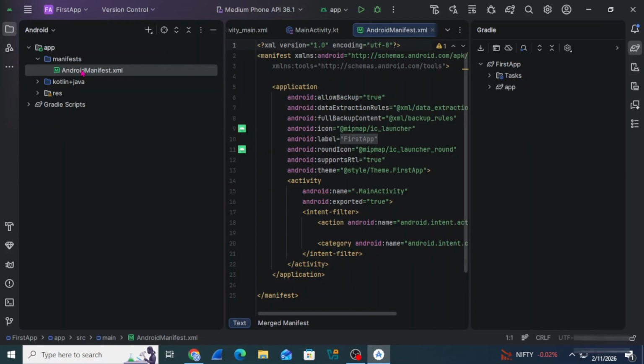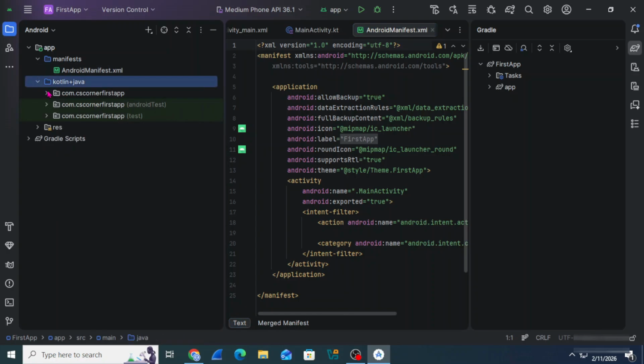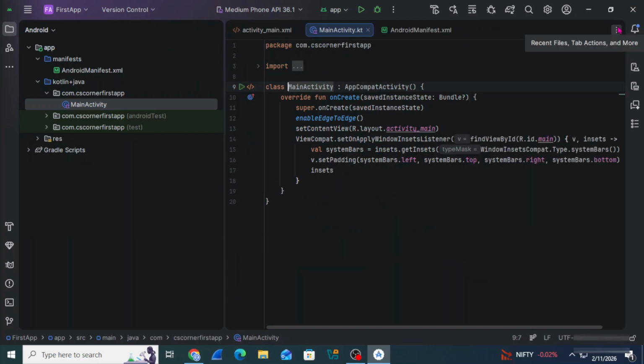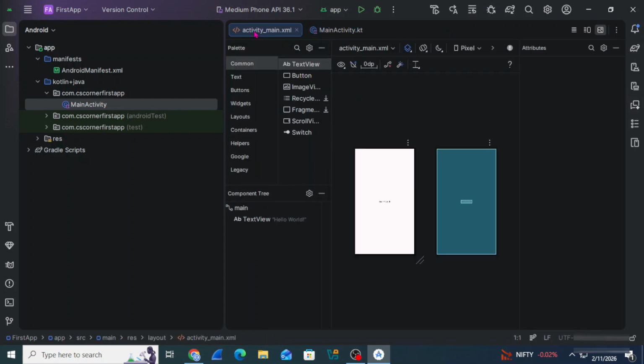So after that guys, you can see we have manifest file, and in manifest file we have XML file. So you can just expand and see the XML, nothing but your application information will be there in this XML file. And now guys, under this Java file we will be having KT file. So whatever is your logic or source code, that is going to be in KT file.